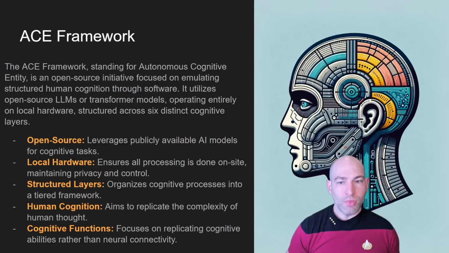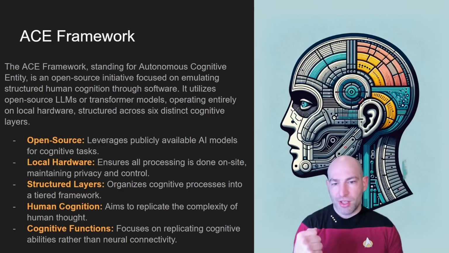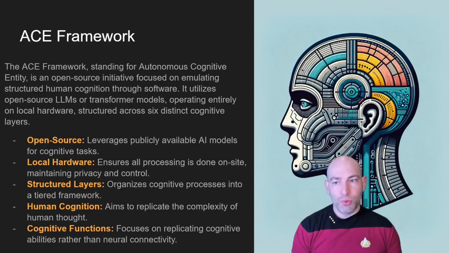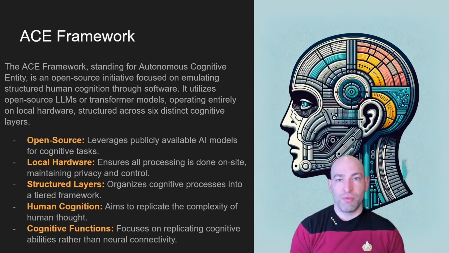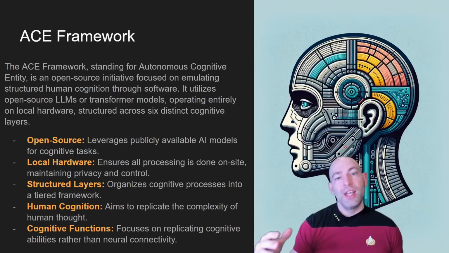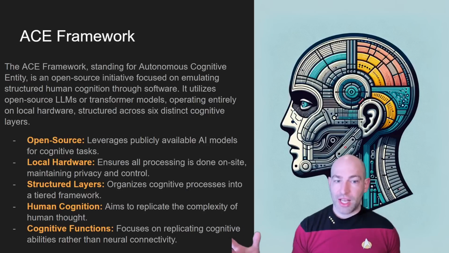Okay, so as promised, there are 2 open source projects that I am running that have to do with autonomous AI. So the first one is the ACE framework, the Autonomous Cognitive Entity Framework. This is the culmination of more than 4 years of research that I've been doing on cognitive architectures. So what is a cognitive architecture? A cognitive architecture is just a software blueprint or a software plan to take these latest and greatest AI models and organize them in such a way that you can create basically a single agent.